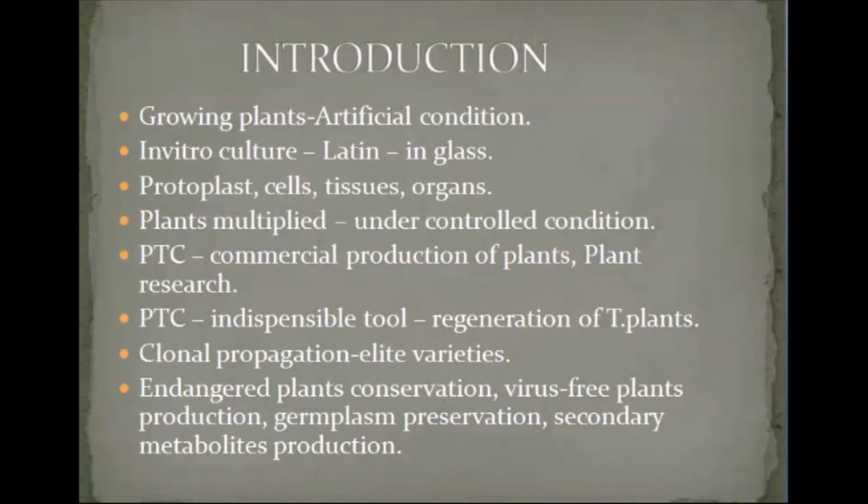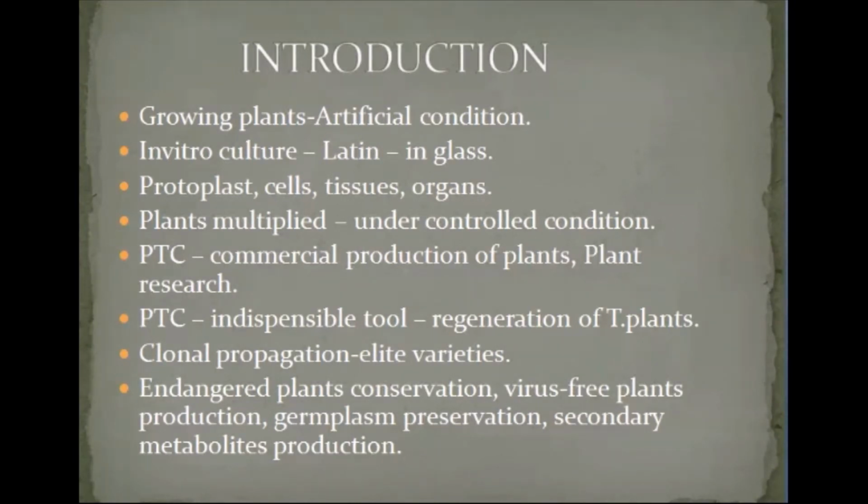What are the materials that can be used for the culturing of plants? We can use protoplast, cells, tissues and organs. So 4 items we can use from plants as an explant. What is an explant? An explant is a small piece of plant material we get from the mother plant. It may be a protoplast, a cell, tissues or organs. We all know what a protoplast is. A protoplast is a cell without a cell wall, but the cell membrane is there.